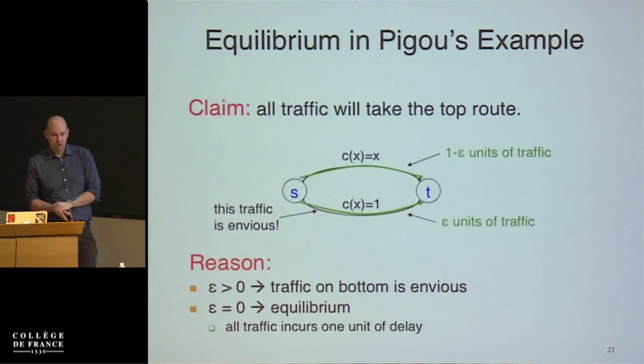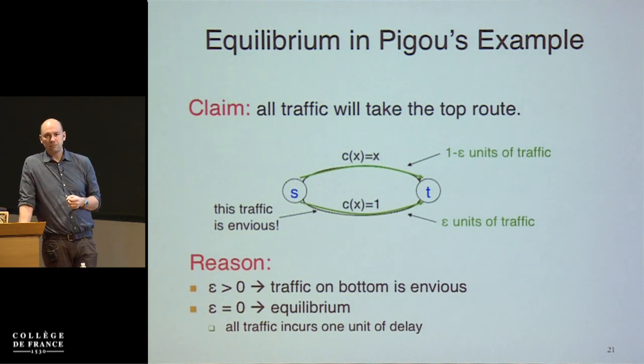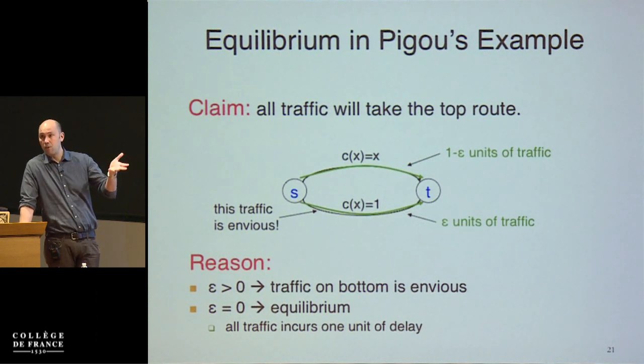So let's start with the first question. What do we expect drivers to do in Pigou's example? Well, actually, I've set up the problem so this is a really easy question to answer. In game theory parlance, you would say that every driver has what's called a dominant strategy, a strategy which you always want to do no matter